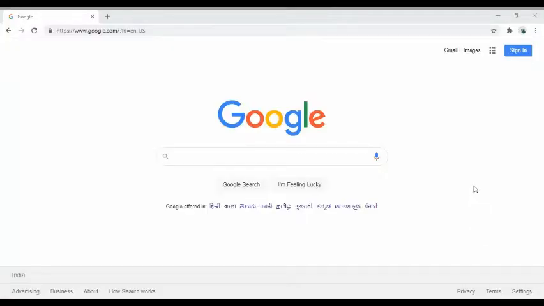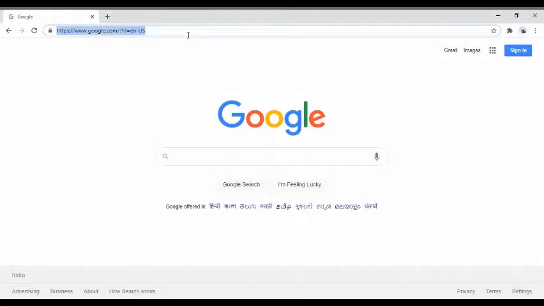So, to create a chatbot, first we need to understand what a chatbot is. A chatbot is a bot which will chat with us. It will show or display the responses which we have set in it. So, first to create a chatbot, go to Google and then search